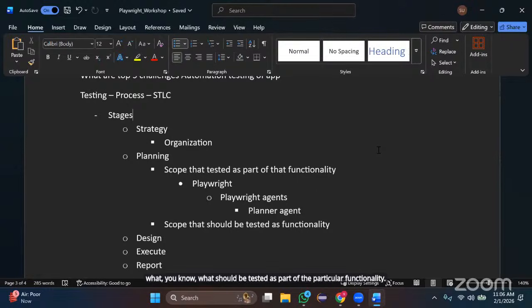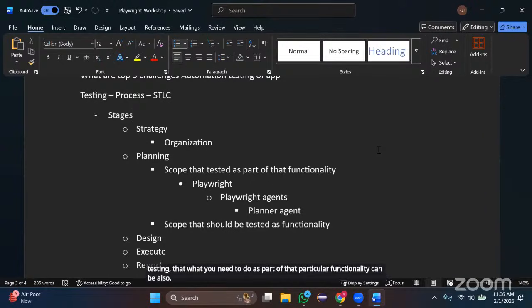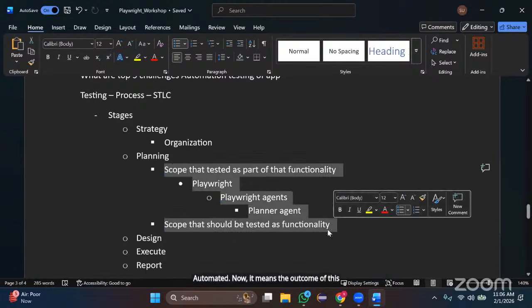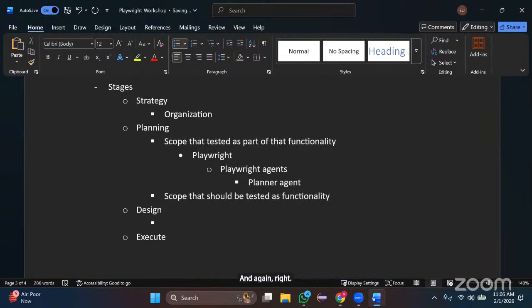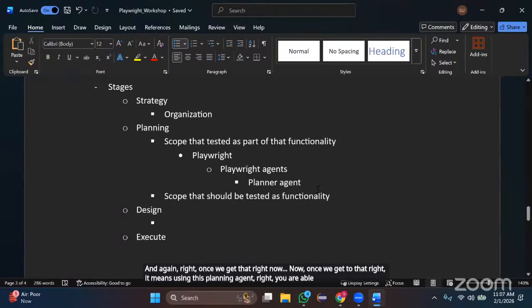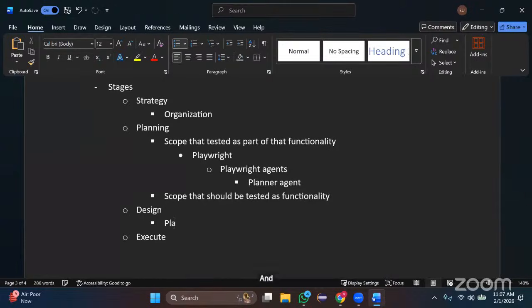This is one of the features available through which you can also reduce your testing planning effort, what you need to do as part of that functionality can also be automated. The outcome of this will be that you get scenarios and test cases. Once we get that, using this planning agent, you are able to identify scope and you are also able to identify your